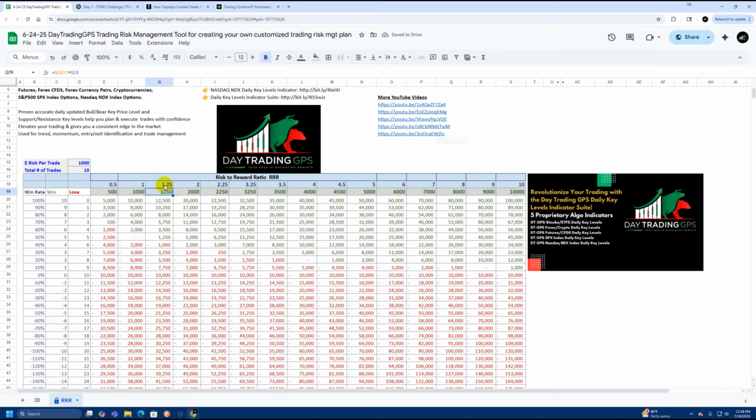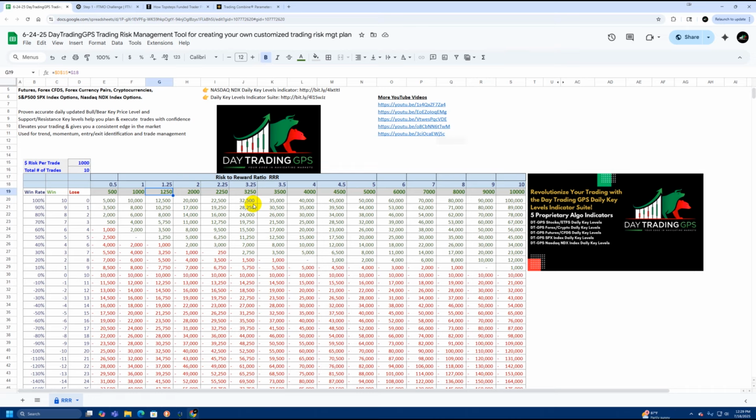And you could make this 1.1, you could make it 1.15, you could make this 0.9. So the point is you can change these to whatever you want, basically looking at how you trade, where you're typically getting out. If you feel that you have a pretty decent win